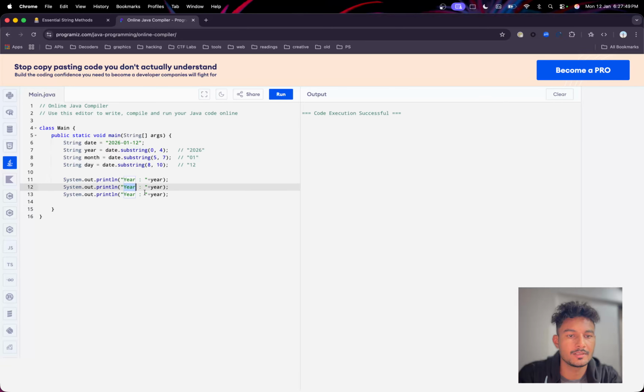Okay, so this is month and this is day. Date is already defined there, so better we call it day. So as expected,